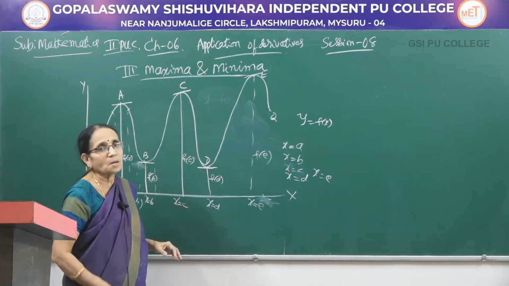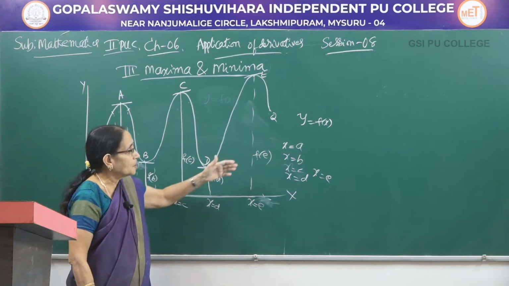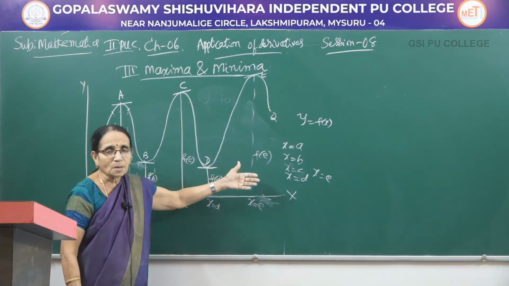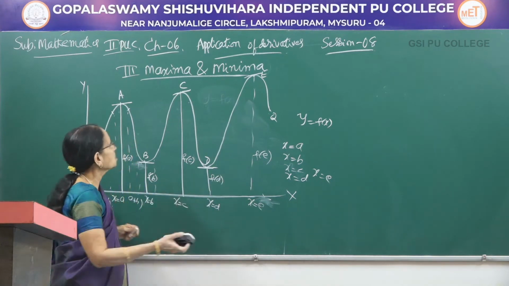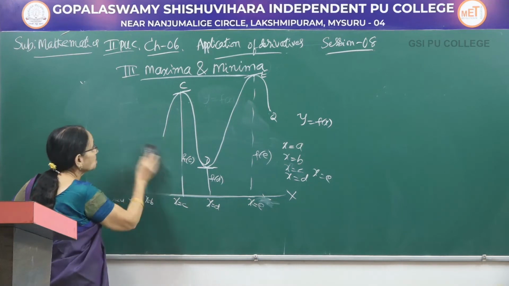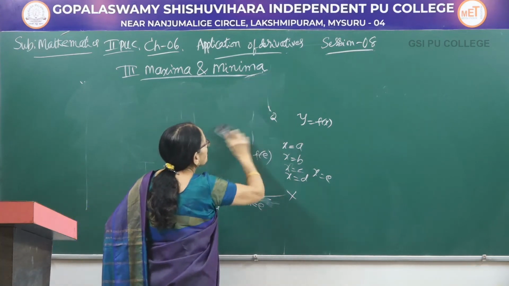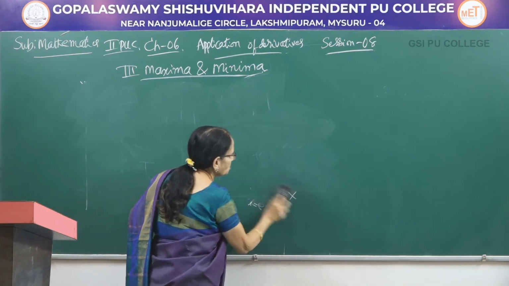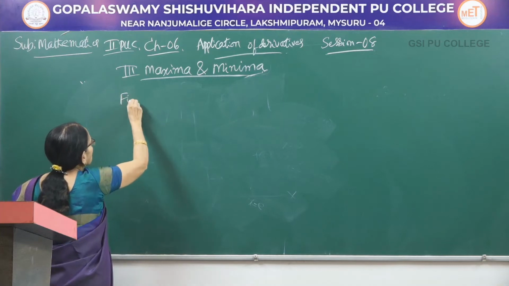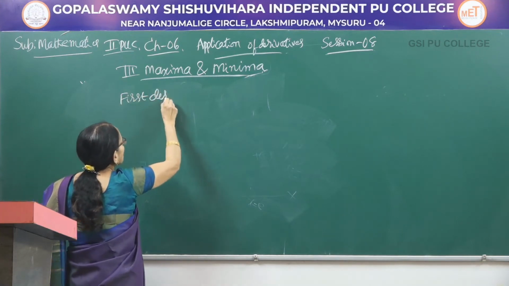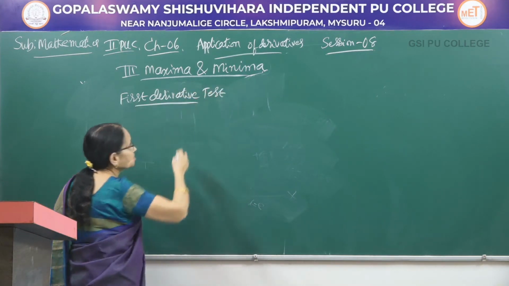These capital letters A, B, C, D, E, because the curve is taking a turn, we call them the turning points, whereas the values of X at which either the maximum value or minimum value occurs, we call the critical points. Now, using this information, the first derivative changes sign from plus to minus or minus to plus, we can form the statement of a theorem, which is called the first derivative test.